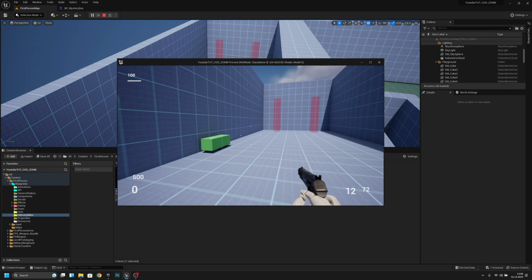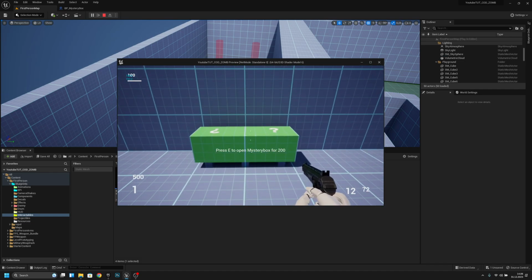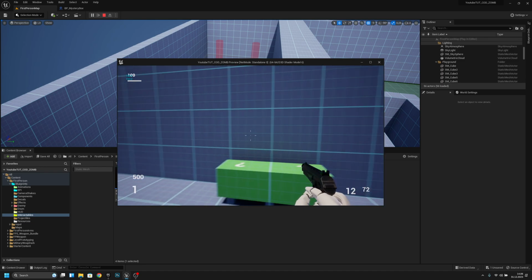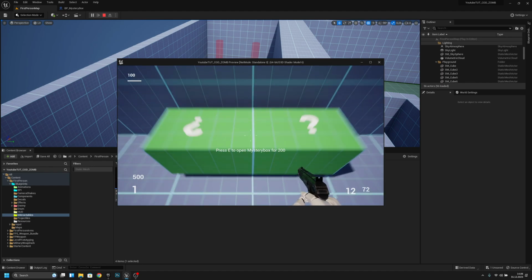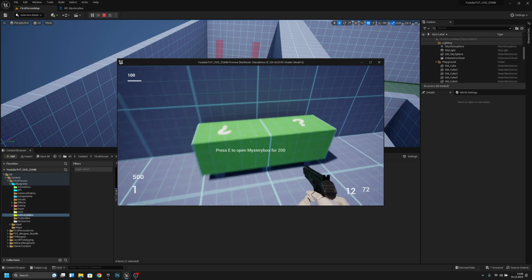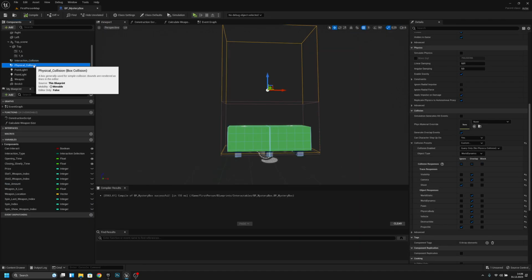So basically, now we can interact with the box. It doesn't matter, we have an invisible interaction box here. Yeah, and now, oh, sorry about that. I forgot the physical collision. We want to change all these values